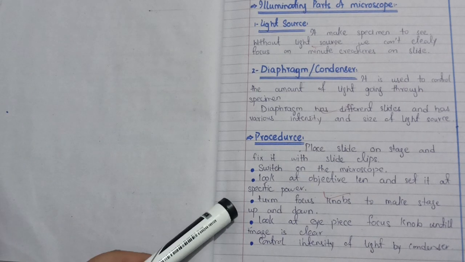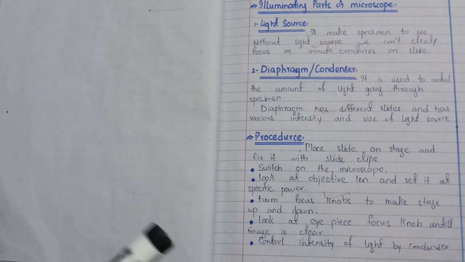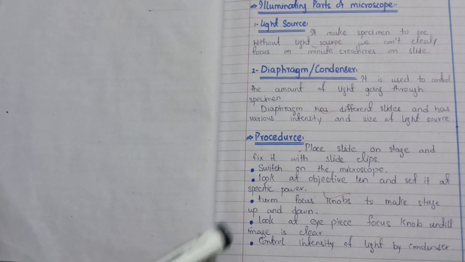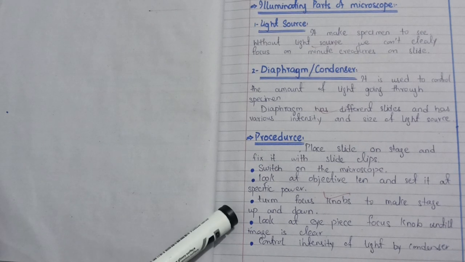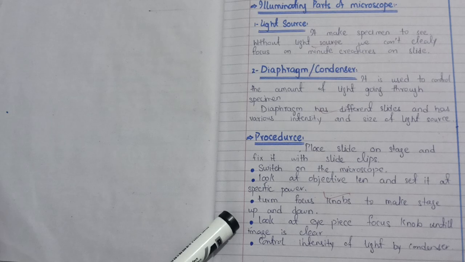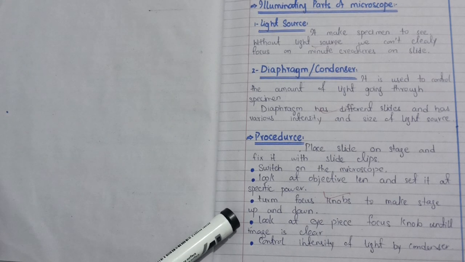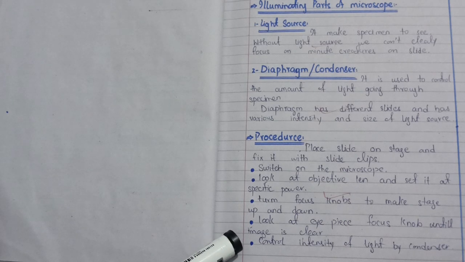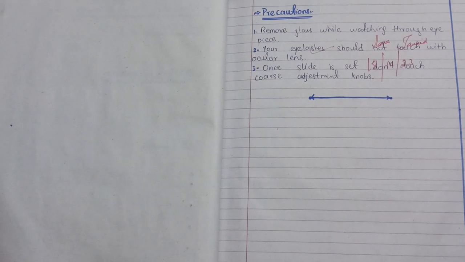टर्न द फोकस नॉब टू मेक द स्टेज अप एंड डाउन। तो अगर आपने स्टेज को अप एंड डाउन करने की ज़रूरत है तो फोकस नॉब या दूसरा जो कोर्स एडजस्टमेंट नॉब होता है उसको सेट करें। लुक एट द आई पीस और फोकस नॉब अंटिल द इमेज इज़ क्लियर। तो आई पीस के ज़रिए से आप देखते रहेंगे जब तक कि इमेज क्लियर नहीं आ जाता। जैसे इमेज क्लियर आ जाएगा तो आप उसको ऑब्जर्व करेंगे। कंट्रोल द इंटेंसिटी ऑफ लाइट बाय कंडेंसर। कंडेंसर आपकी लाइट की इंटेंसिटी को कंट्रोल कर रहा होगा।